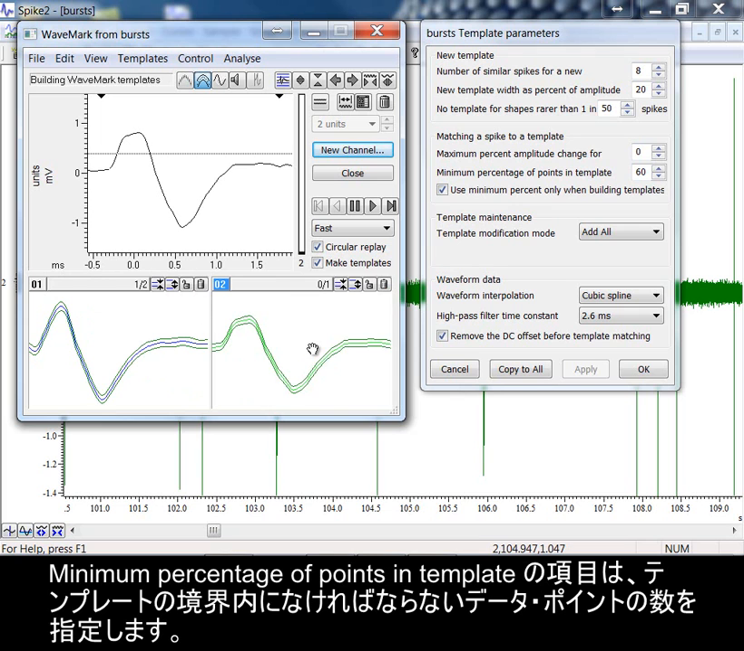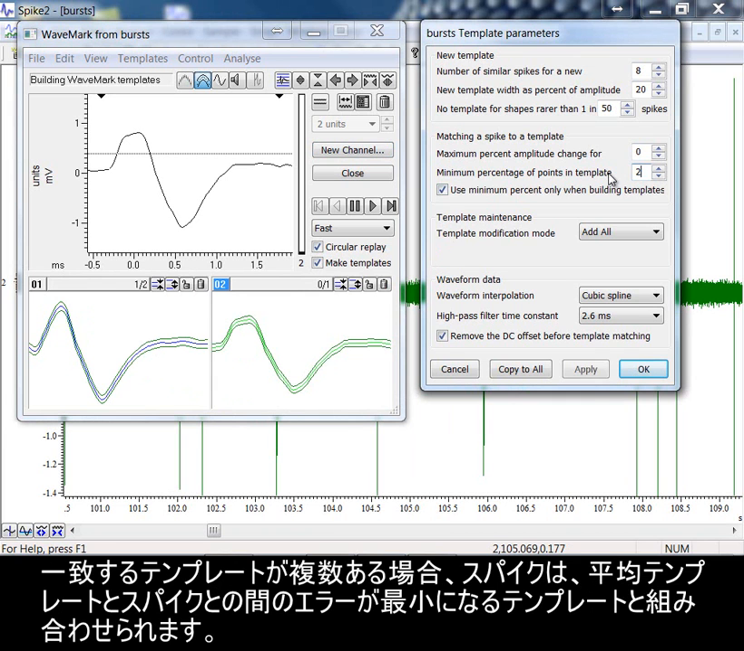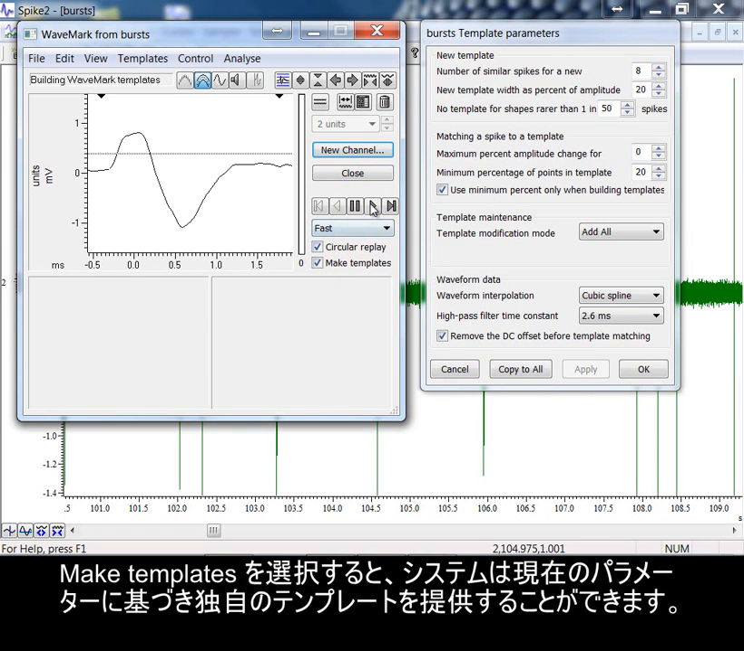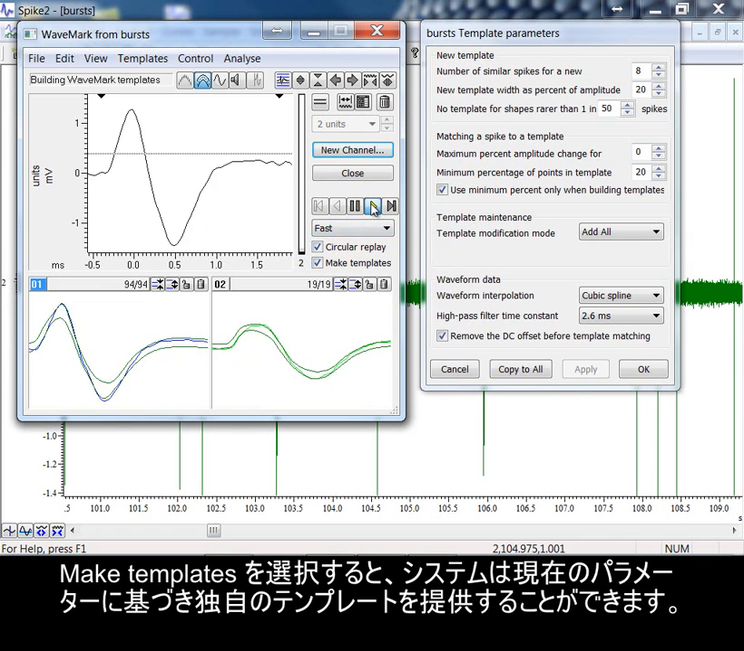The item minimum percentage of points in template specifies how many data points must lie within the boundaries of the template. If more than one template fits, then spikes are matched to the template with the smallest error between the mean template and the spike. With Make Templates switched on, the system can provide its own templates based on the current